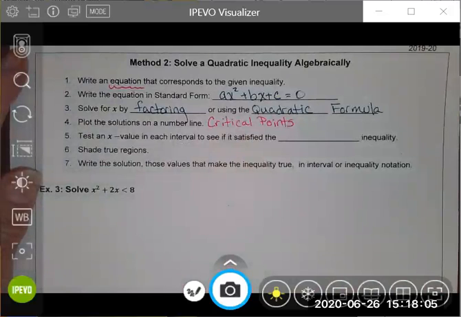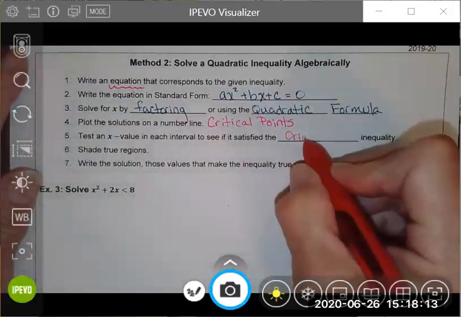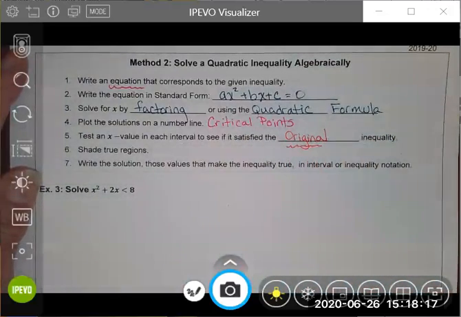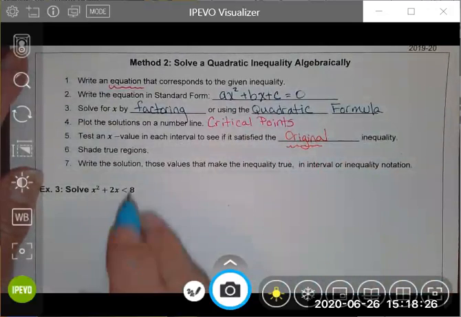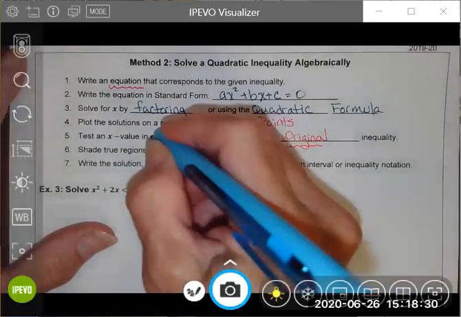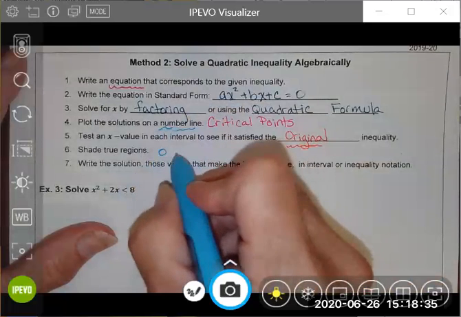And then we're going to take our critical values and do some tests to see if they satisfy the original equation. And it's important that we always substitute those critical points back into the original equation. We're going to shade the true regions, or the regions that mathematically make sense. And because we're doing a number line here, we're going to use an open circle